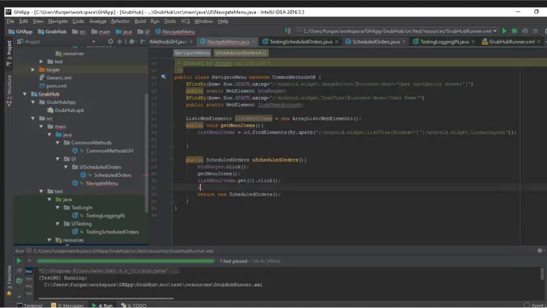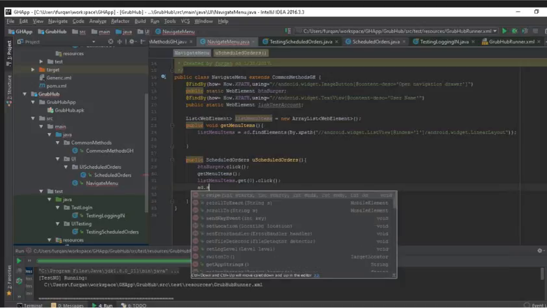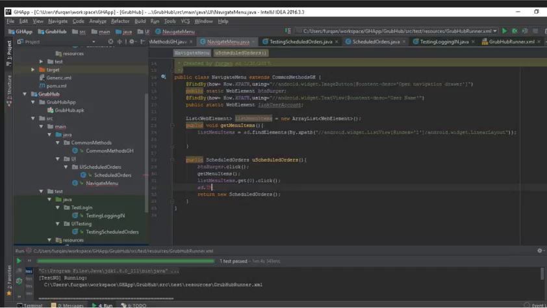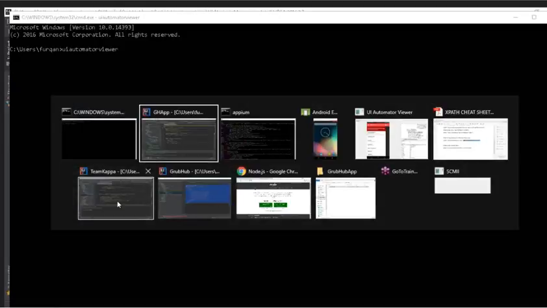Let me see, was it some other way? Let me check the other project. Since we have a sleep method here,